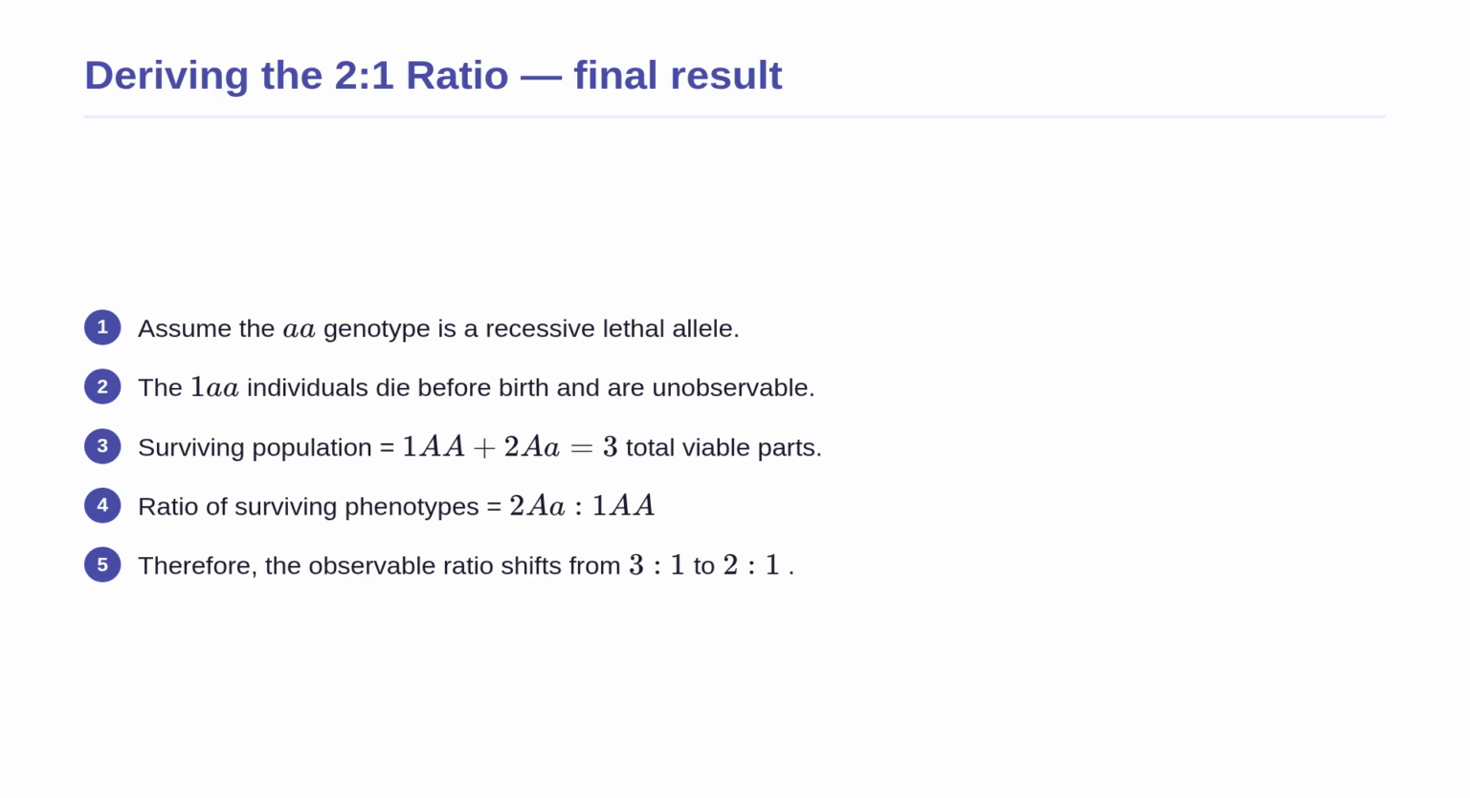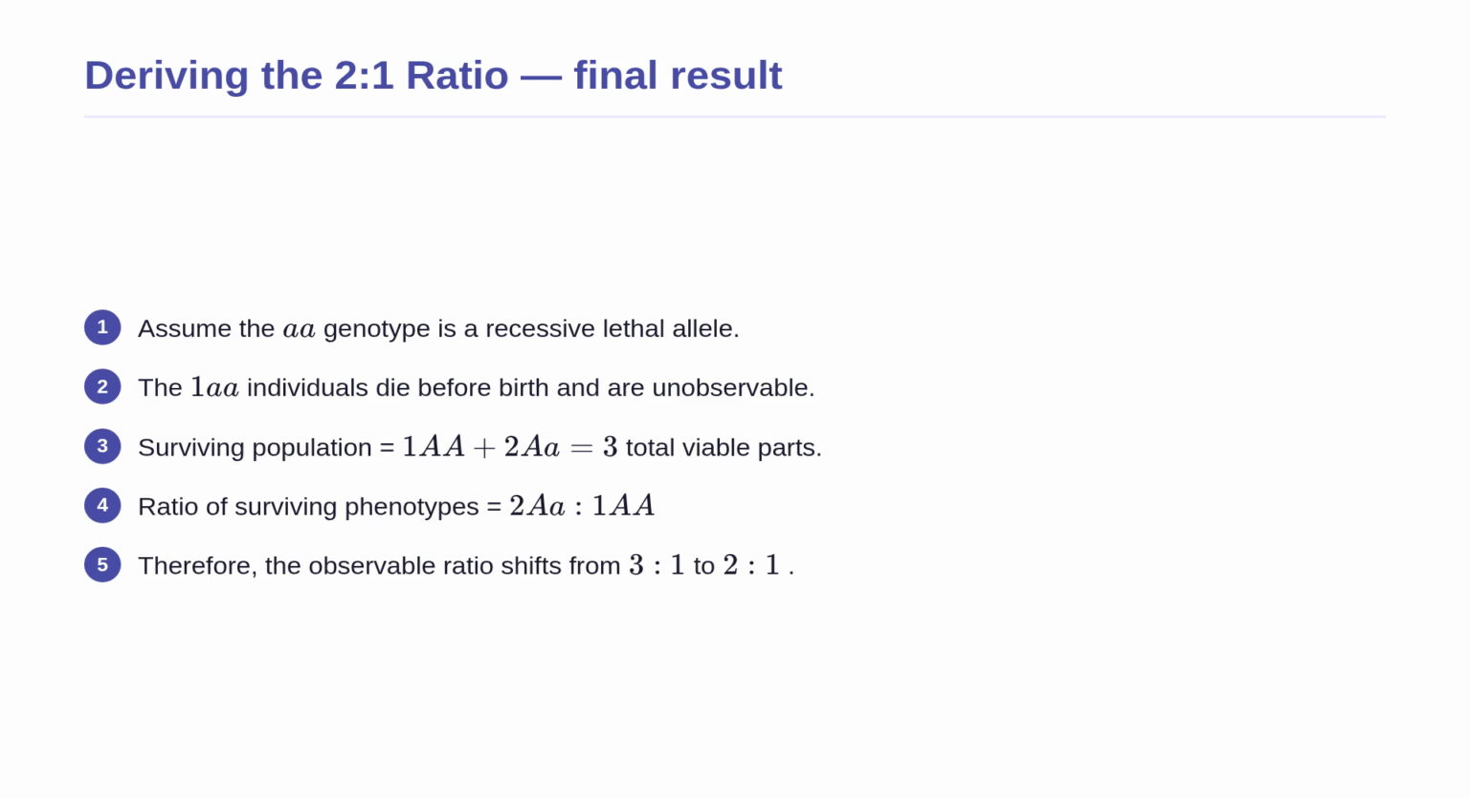Continuing our derivation, let us now introduce the lethal condition. We assume that the little a little a genotype is a recessive lethal allele. Because these individuals die before birth, they are completely unobservable in the living population. We must subtract them from our total. The surviving population now consists only of the 1 big A big A and the 2 big A little a individuals, giving us exactly